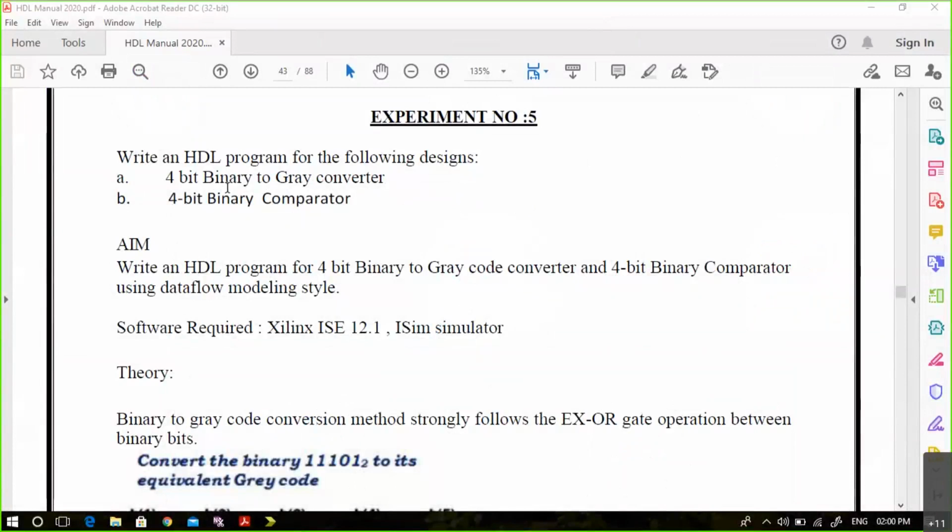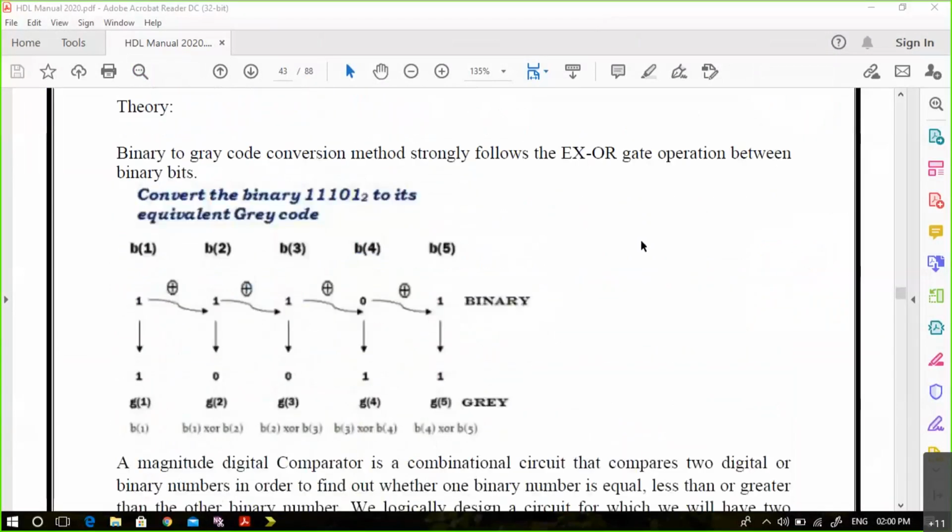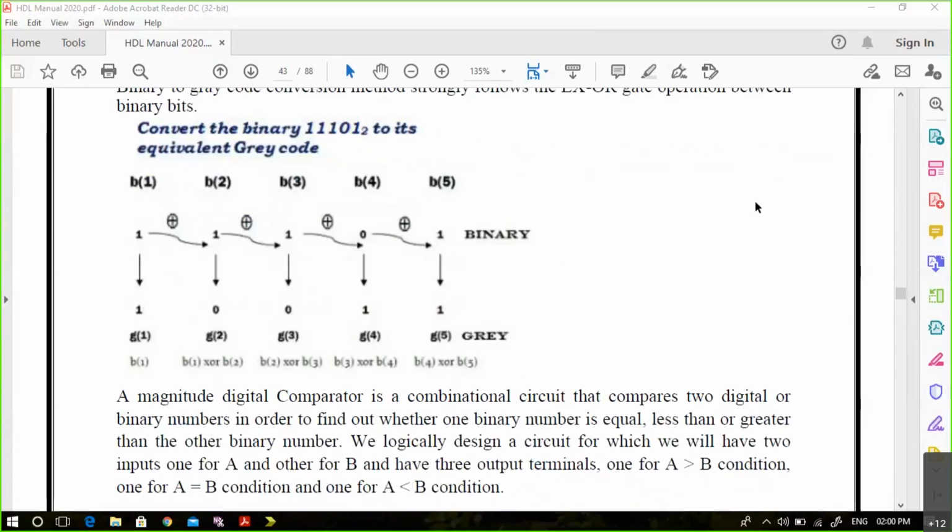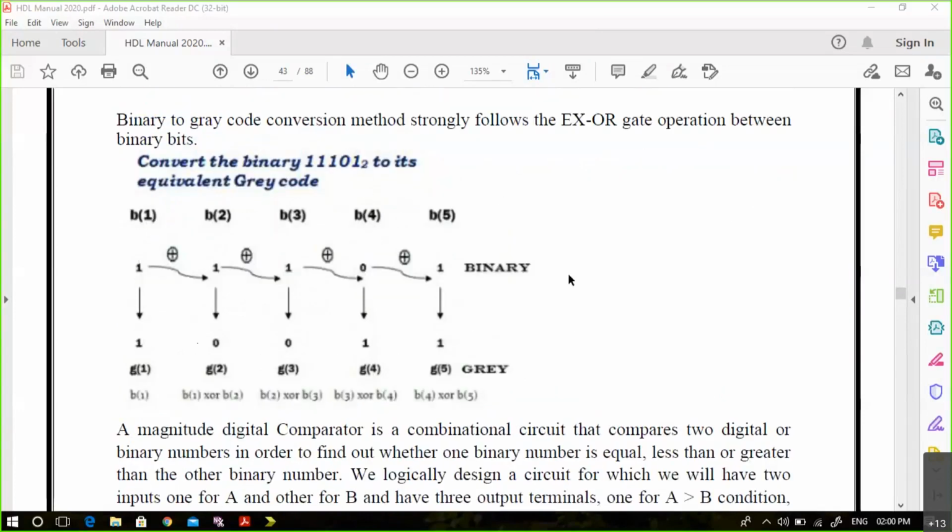First, let us deal with the binary to gray converter. So there's a brief theory here. Binary to gray code conversion method strongly follows the XOR gate operation between binary bits. So you can see this method here. We keep the MSB as it is. The upper one is binary, the lower one is gray, starting from MSB. We keep the MSB as it is, and then MSB is XORed with